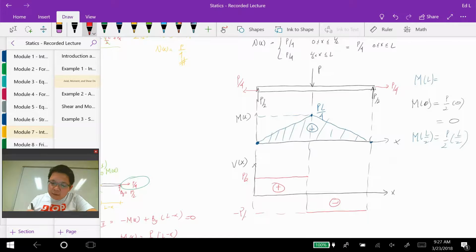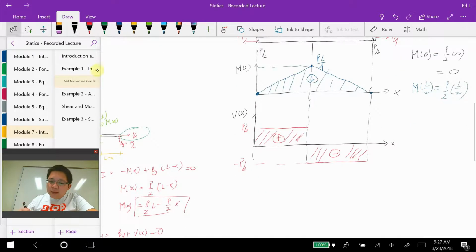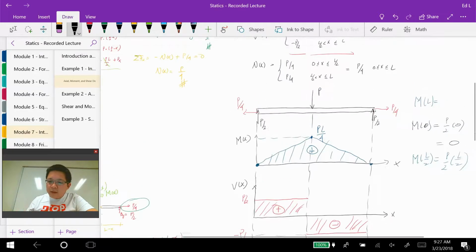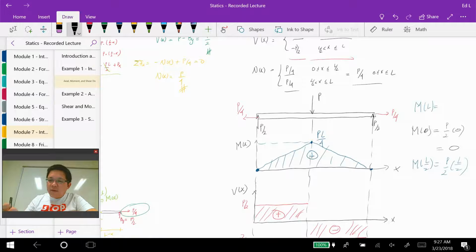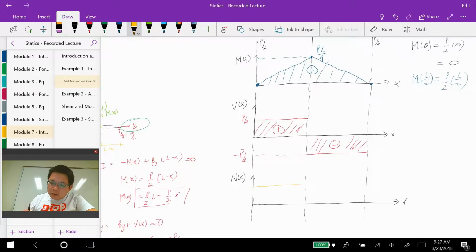Okay, so this is what the diagram looks like. And then the last one is for the axial force. We have x here, this is N of x, right? And it's P over 4 along the beam. It's positive P over 4. Okay,